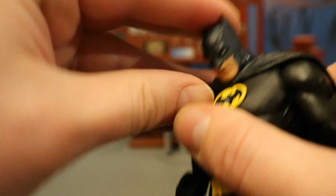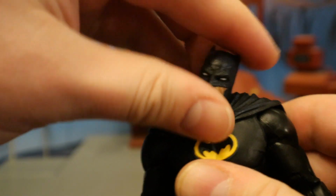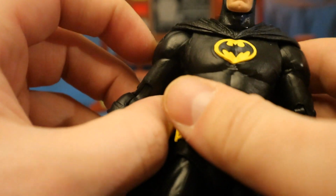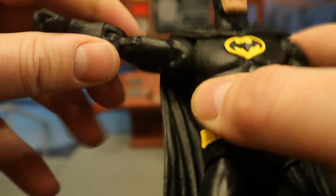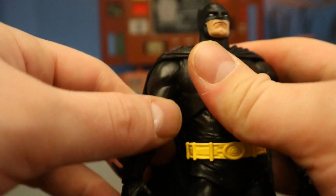He can look up and down about that far, pretty good. Tilt his head from one side to the other. Considering the way they designed the head, it has a pretty good range of motion. Shoulders and a ball joint goes up a little bit more than 90 degrees. Up, down, around, all that good stuff. He's got a butterfly ring between his shoulder and chest, increasing the range of motion and covering the large gap